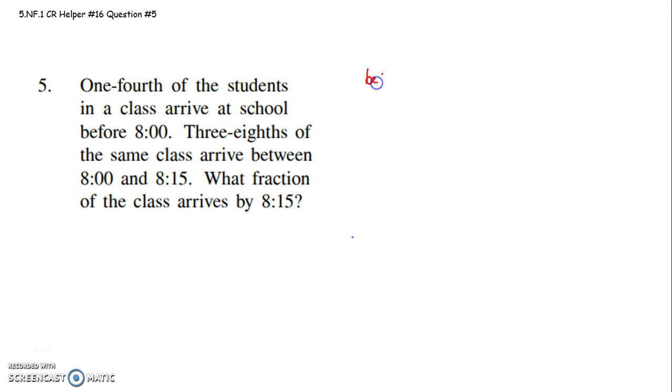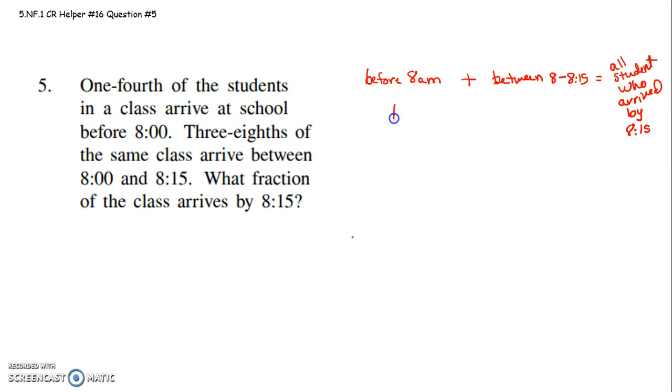Okay, so before 8, and then here is between 8 and 8:15. And if we take the amount of kids who arrive before 8, and we add that to the amount of kids who arrive between 8 and 8:15, then we'll have all students who have arrived by 8:15. Right? If you take the amount of kids who arrived before 8, add on to that the amount of kids who arrived between 8 and 8:15, put those together, you'll come up with all the students who are there by